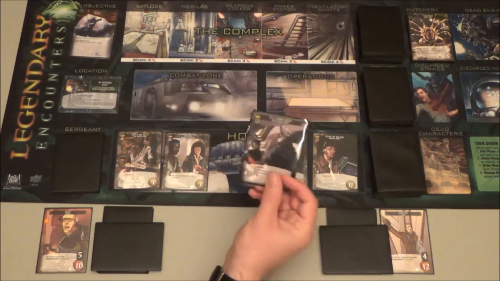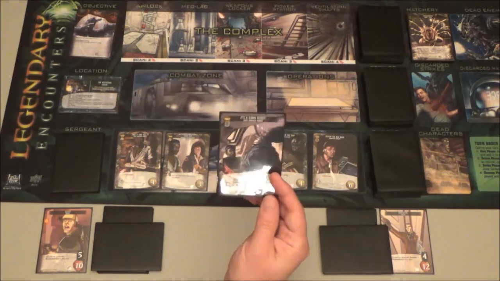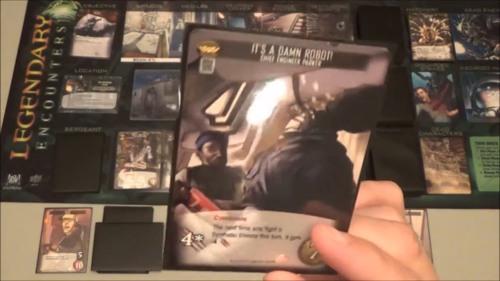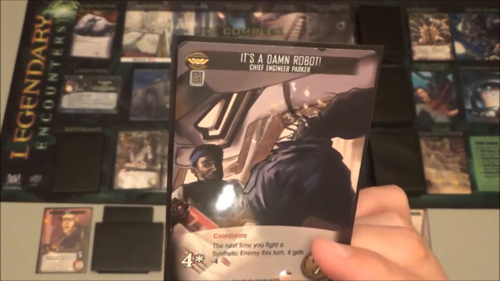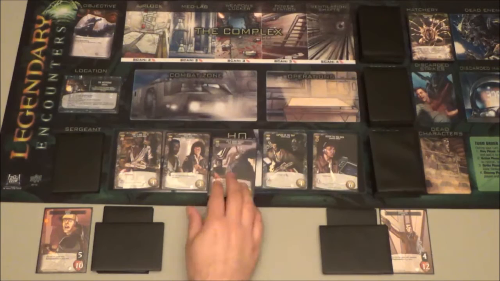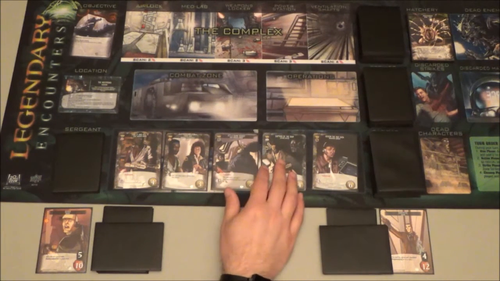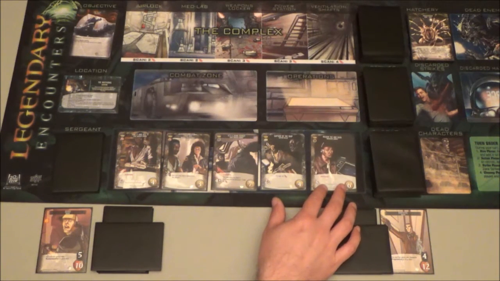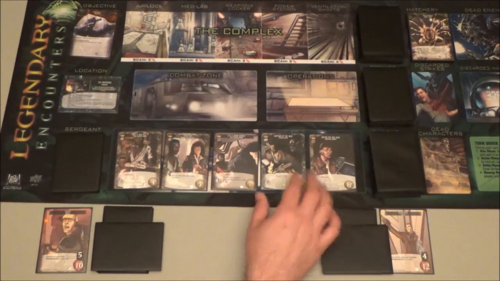Remember, in the last video I showed you Ripley's unique card. This one is Parker's unique card called It's a Damn Robot. I believe there was another word in there as part of that swear word. Here's Captain Dallas, captain of the ship, and then here's a Lambert card, review the nav data. Now, some of these cards